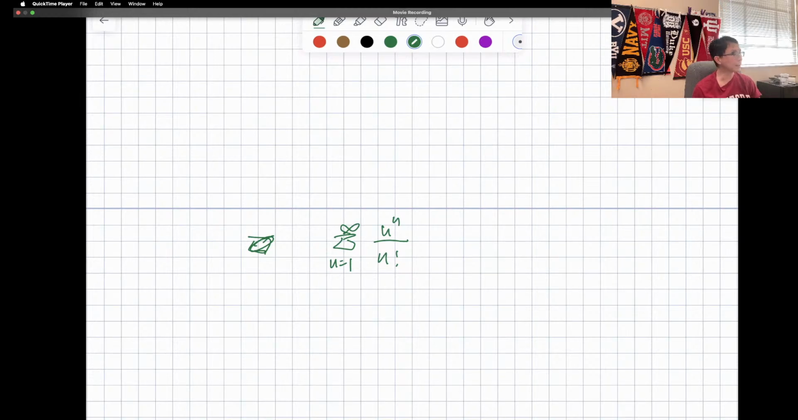So the ratio test is 100% on the AP exam. It's one of the easier tests. You're also going to have radius of convergence, that's also 100% on the test. So the ratio test is, start with